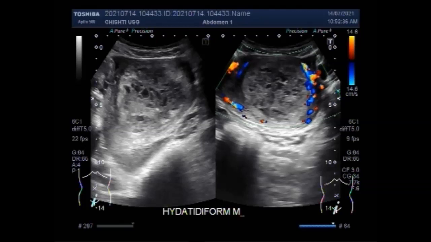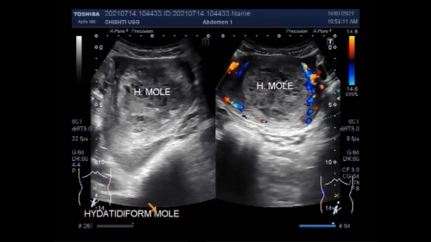Complete molar pregnancies have only placental tissue, that is, there is no baby, and form when a sperm fertilizes an empty egg. Because the egg is empty, no baby is formed, the placenta grows and produces the pregnancy hormone HCG. Unfortunately, an ultrasound will show that there is no fetus, only a placenta. A molar pregnancy can have serious complications, including a rare form of cancer, and requires early treatment.